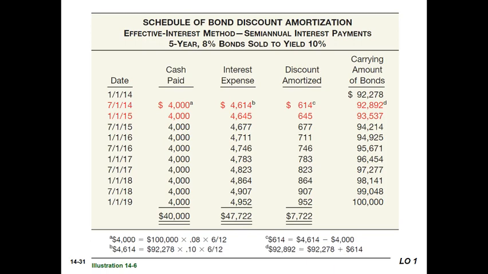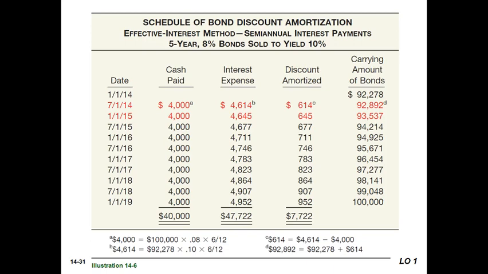Now, this is where we start looking at the effective interest rate method. Now, we know that at the point of issue, 10% was what the investors required. So that is the effective interest rate that we will use for the entire term of the bonds. Interest fluctuates up and down over years. We don't change this as we go on. We go with what happened at the point of inception. So these bondholders had a requirement for 10%, which is why we only received